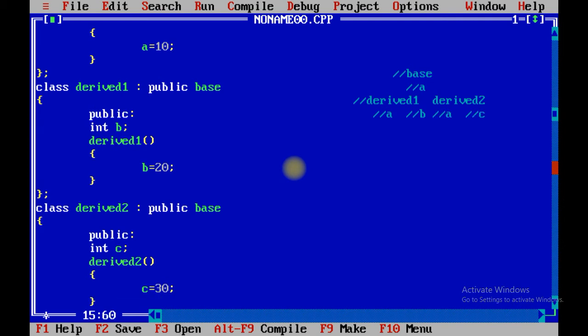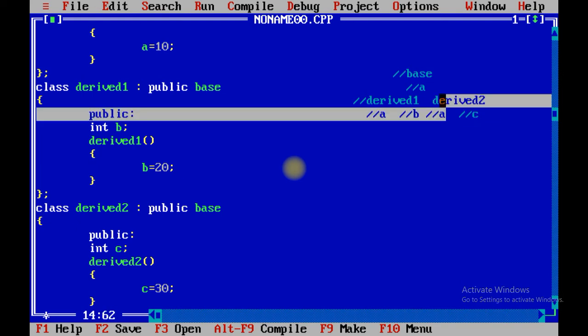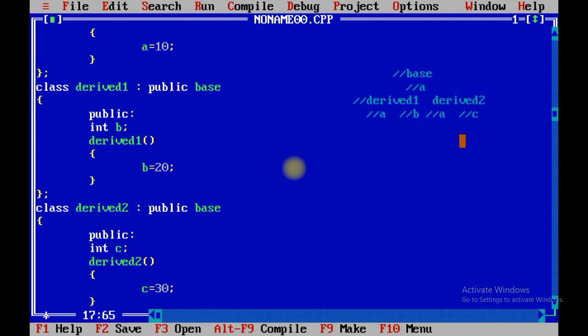But what is the scenario now? Suppose, see, derived 1 has its own property as well as the property of a. Similarly, derived 2 has its own property as well as the property of base. Now see, when I want to put a display function, in which class do I need to put it?